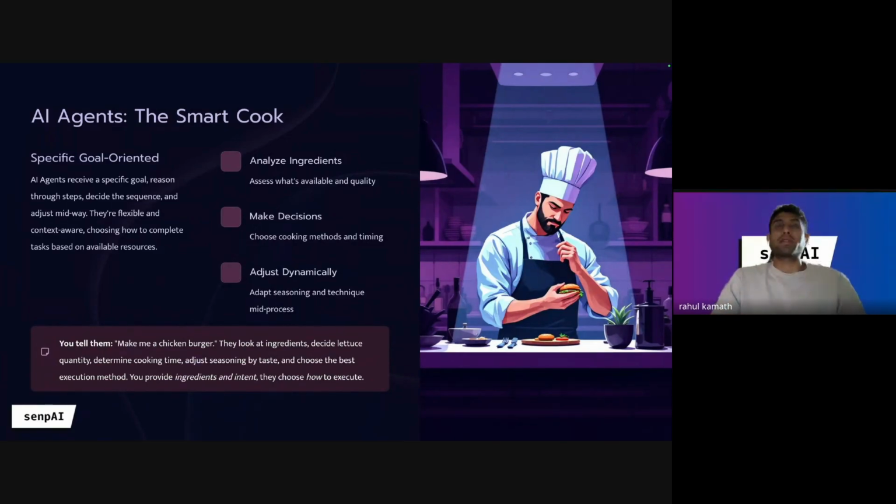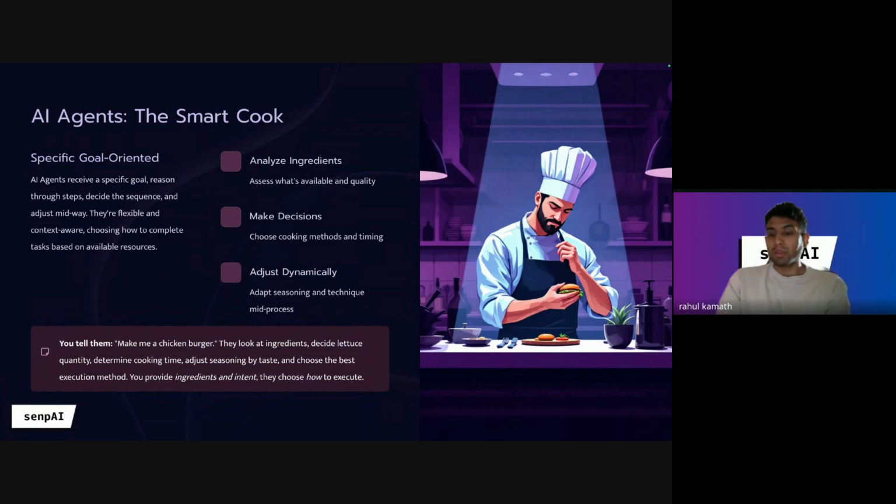Maybe not while having a traditional burger, but let's say you're cooking something else and you want to cater to the audience. Maybe the audience likes spicy food, so accordingly it can adjust. Audience likes bland food, accordingly it can adjust. So AI agents are smarter. Although it is guided by a set of rules, it adds a smart layer on top of that to make a better and more optimized end product. So in this case, a burger. So this is the difference between a traditional automation and an AI agent.